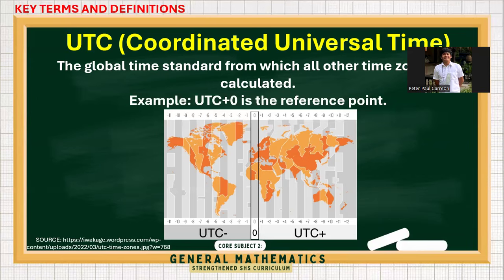UTC. As you can see, the UTC is based on longitude, which starts at the prime meridian, which is 0. To the left of the prime meridian are positive UTCs, and we have negative UTCs to the right. So, for example, the Philippines, look at how the UTC works. It's not a straight line, right? Look at this one. So, look at the time zone.